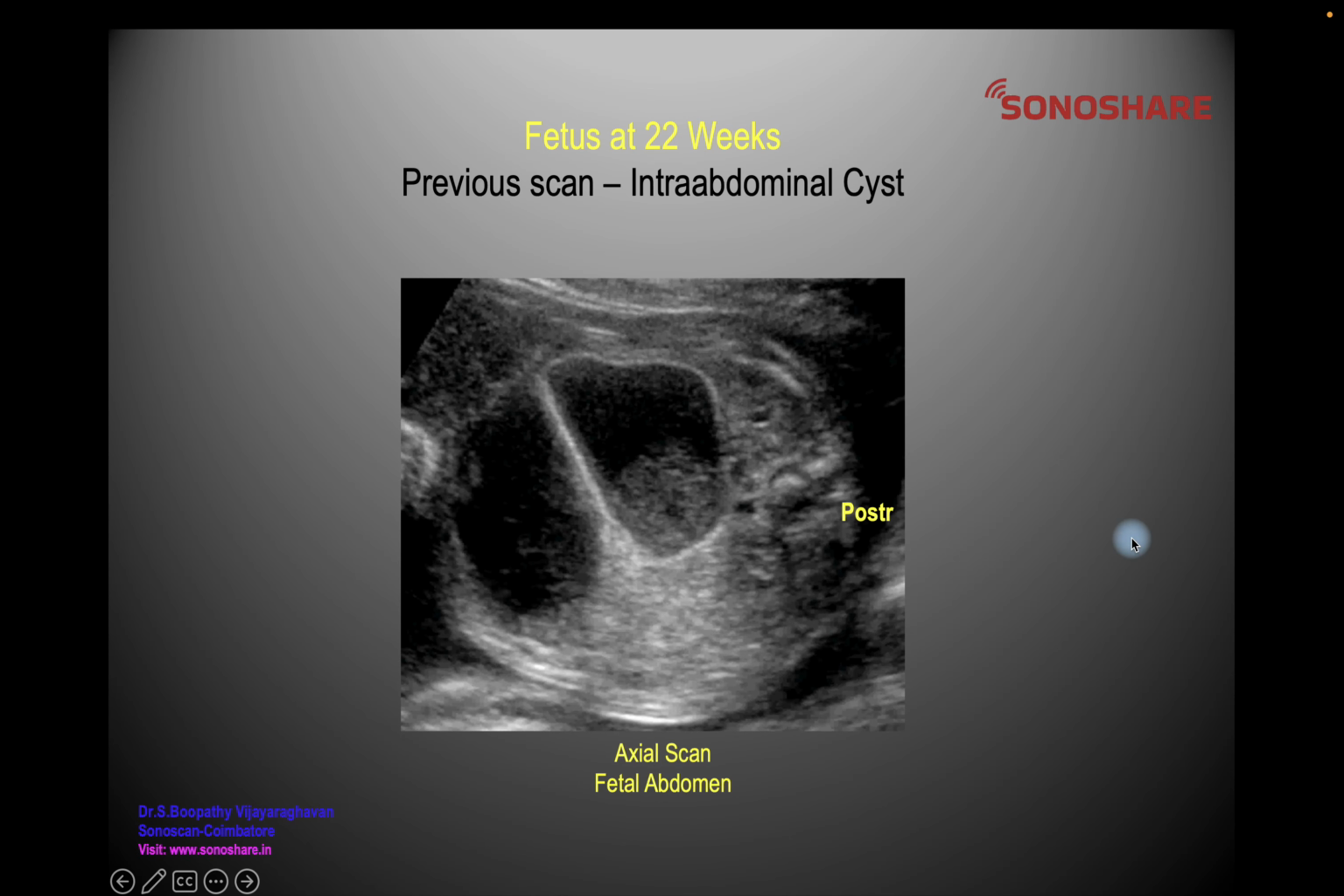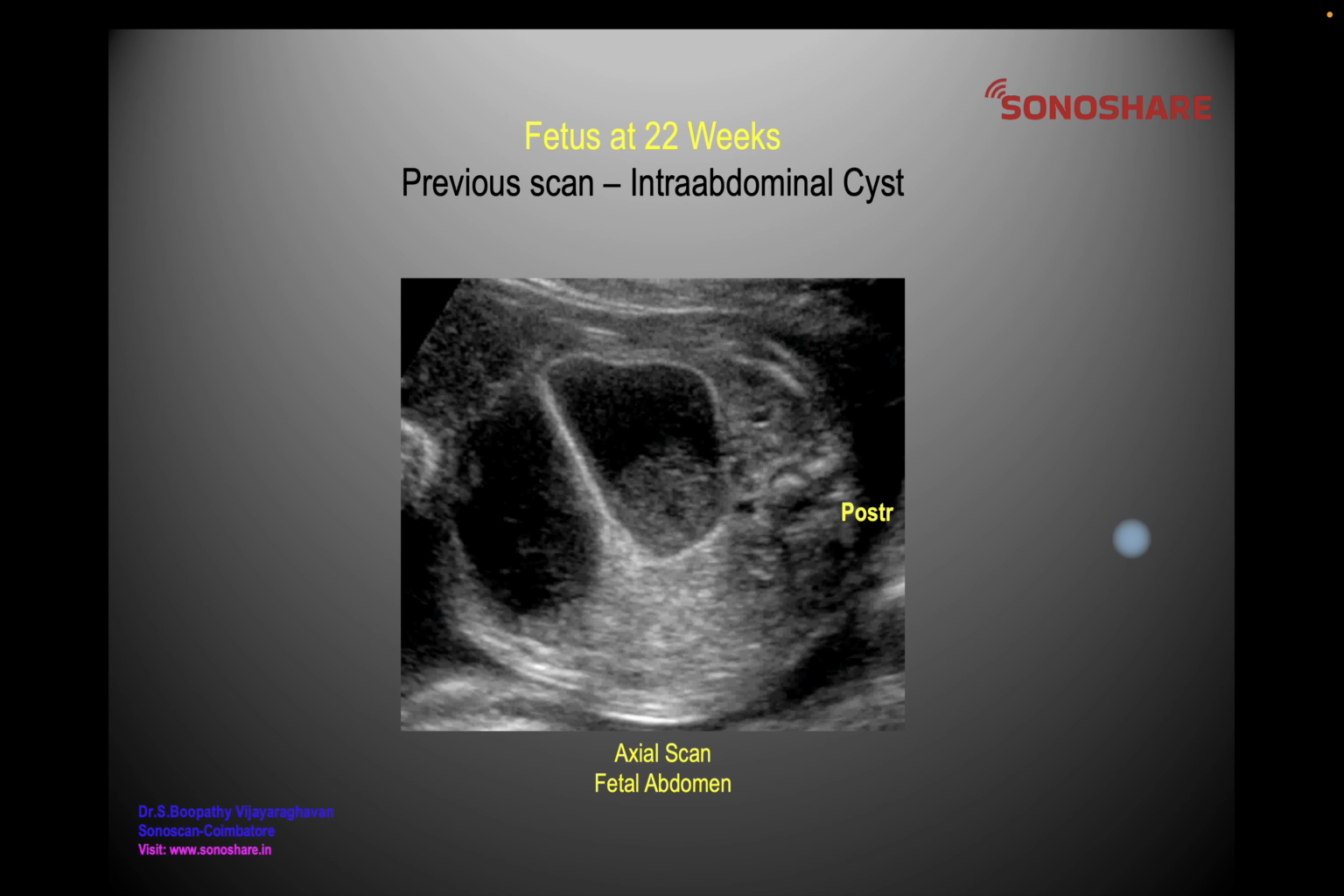Hello everyone, this is the next in the series of image to diagnosis under fetal medicine, a case of cyst in the fetal pelvis. Now this is a fetus at 22 weeks of gestation. The previous scan has been reported as intra-abdominal cyst, and this is an axial scan of the fetal abdomen, and the spine